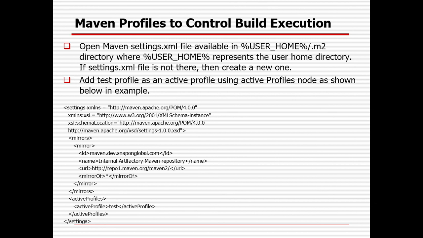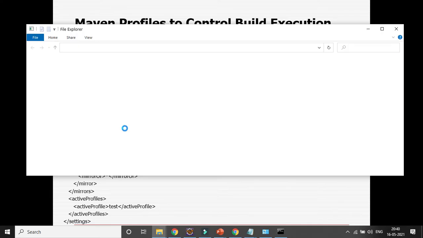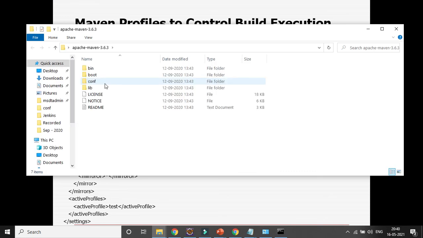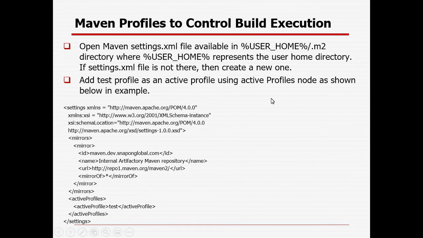Three things: one is the pom.xml file, one is the repository which is available in the .m2 directory, and another is the conf folder which is available in the Apache Maven folder. This is the conf folder where you can get the settings. These are the three important aspects you need to remember, so that you know where all the configuration will be available.